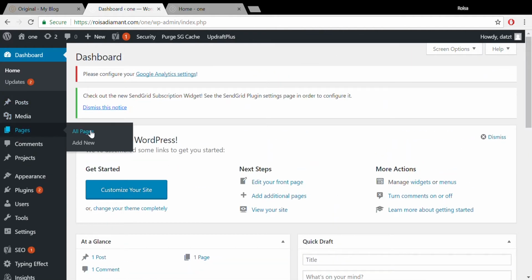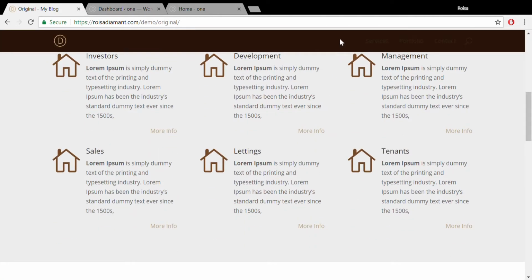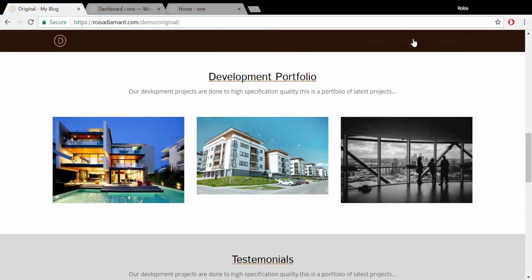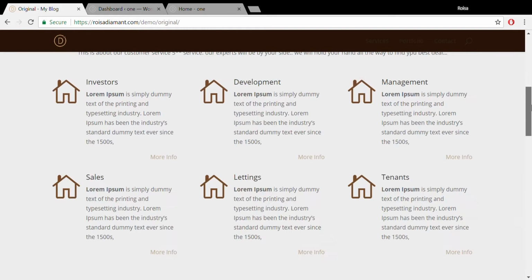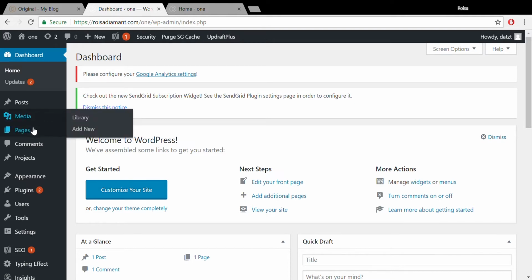We need to add an ID for each page. Look at this. When we click on the menu, it takes you to the services. The portfolio takes you down to the portfolio. We need to give each section an ID, so we'll know where to go. So let's go into pages, all pages,